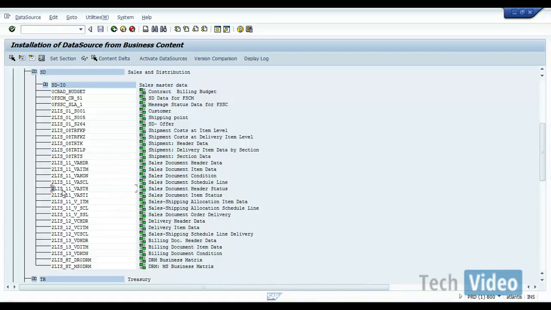So is there any T-code where we can see all the LO data sources? The answer is yes. The transaction code to see all the LO data sources is LBWE. So LBWE is the transaction code where we can see all the LO data sources. If you go to LBWE,